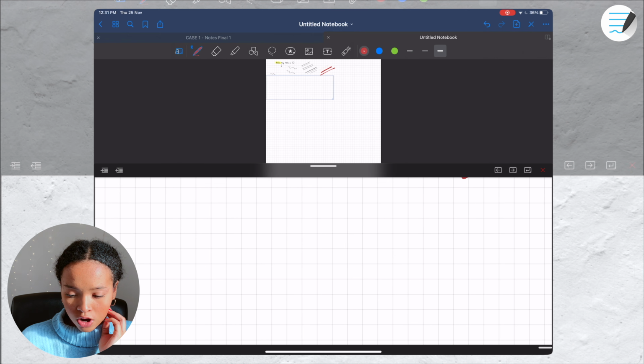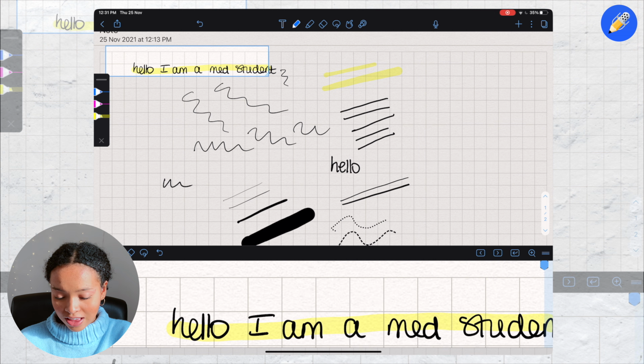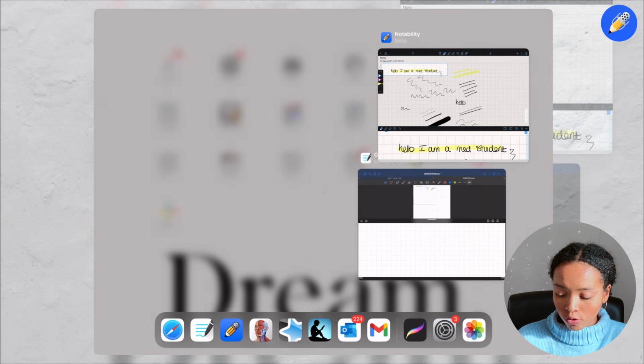So that's here you see where you are, and Notability has the same one on the lower right hand side. Just click there and it's literally the same thing. But I quite like that you have the functionalities here, so you don't have to actually go to the top. GoodNotes doesn't do that. Okay, now let's move on to talking about how you can add images and stuff